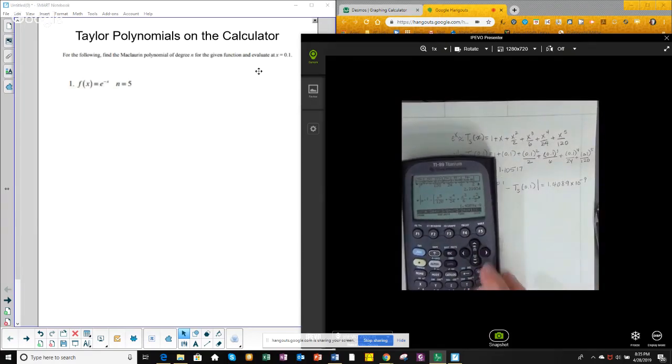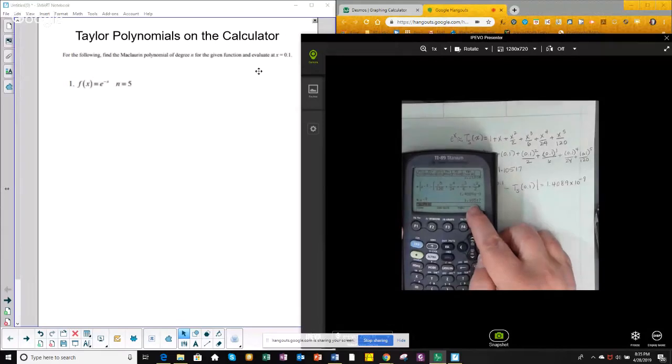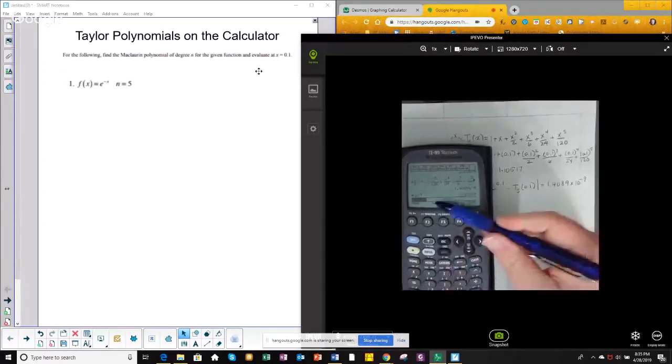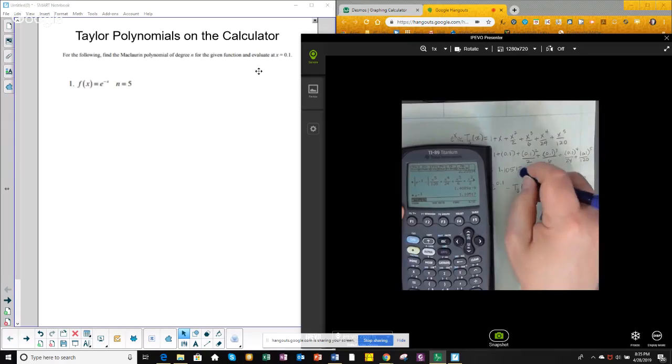because if you want to see what e to the 0.1 is, that's going to give us 1.10517. Well, gosh, look at this, this is the exact value, and that's the approximation. Of course, there are more digits here that we don't see on the screen. If I were to change my